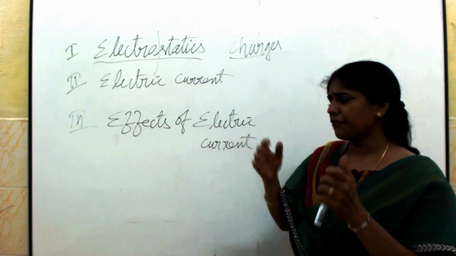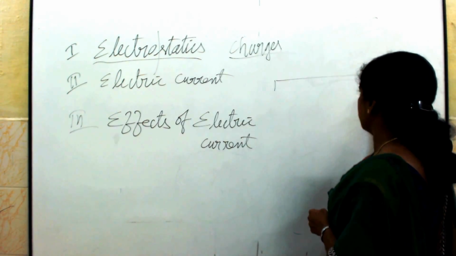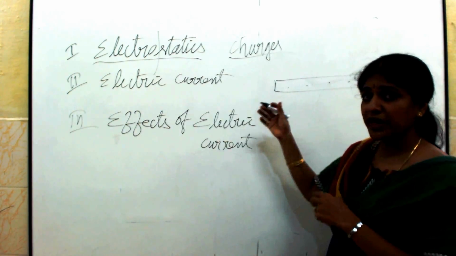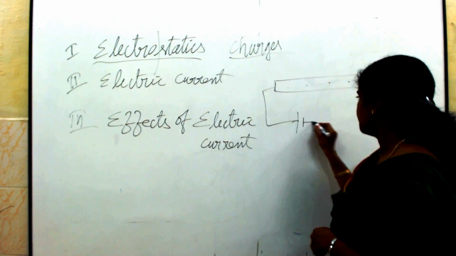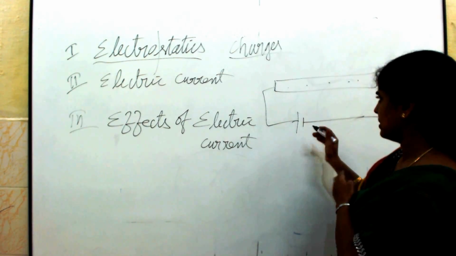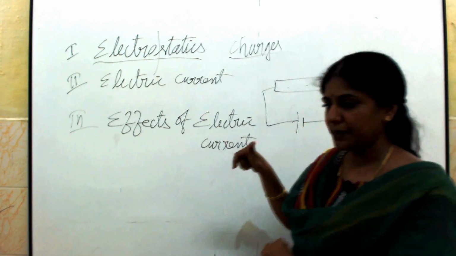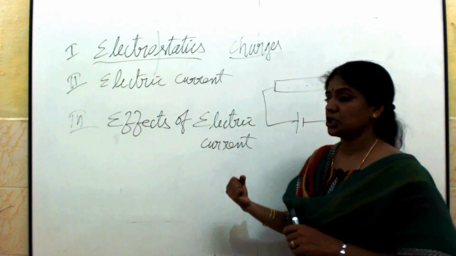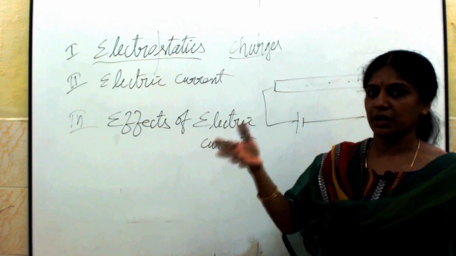Now whenever a current flows in a conductor, what is the effect you are getting? What happens when a current flows in a conductor? So just imagine this is a conductor. In a conductor there will be so many free electrons moving in random directions, isn't it? If I apply an external potential to it, just connect it to an external battery, I am supplying some voltage to this conductor. What happens when I connect it to the external battery? Already we have seen this in the second chapter: all these free electrons, which are moving randomly, will get accelerated because of the external electric field, and they will move in a definite direction. That constitutes the electric current.